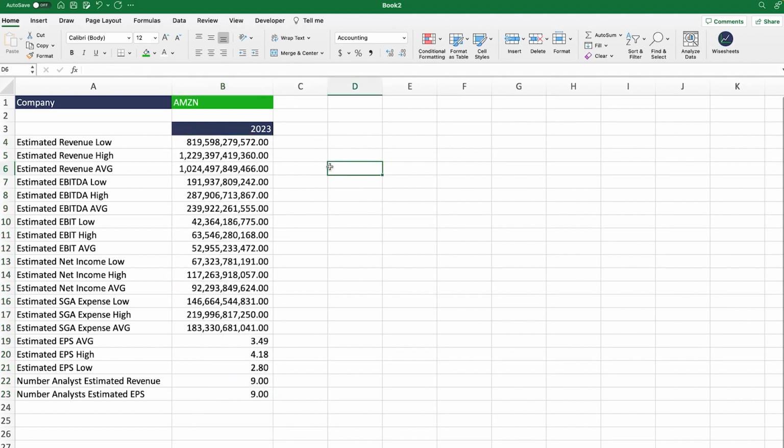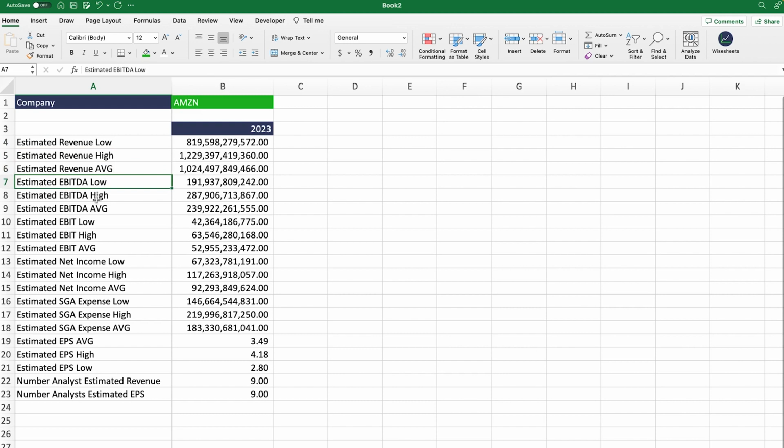So I'm just going to expand this. Here are all the different numbers. And now you may be wondering, where are these analyst estimates being sourced from? Just like I showed you before of the report of that particular investment firm, we take the reports of some of the most prominent banks in the world. So these are sources like JP Morgan, Citibank, etc. We take the reports, we aggregate the data, and then we provide you with the information that you see right here. So we have the estimated revenues, and we divide it into the low, the high, and the average across the different analysts that we use.